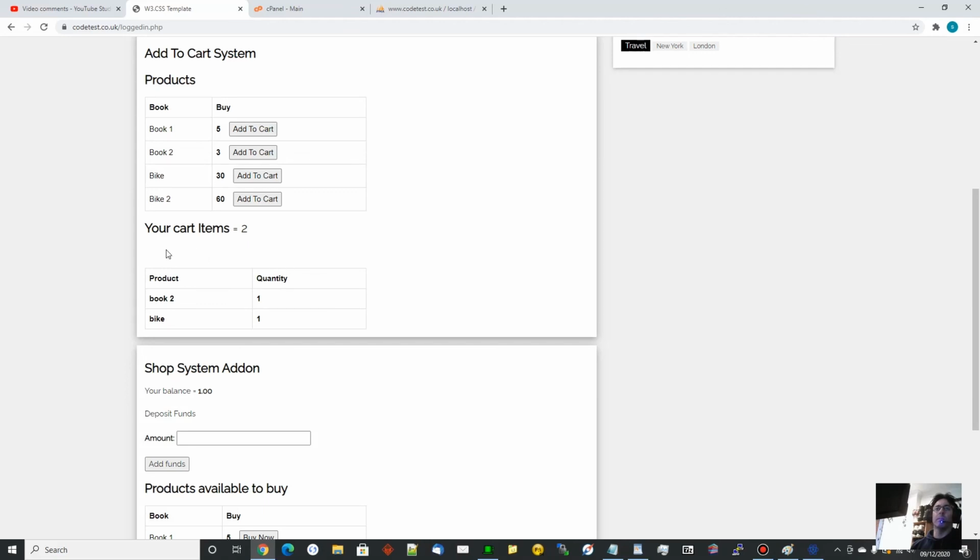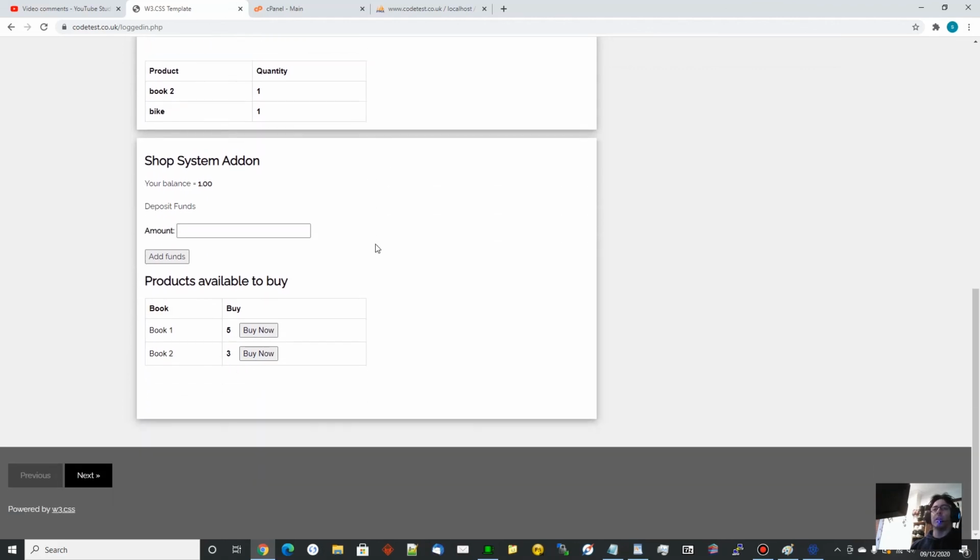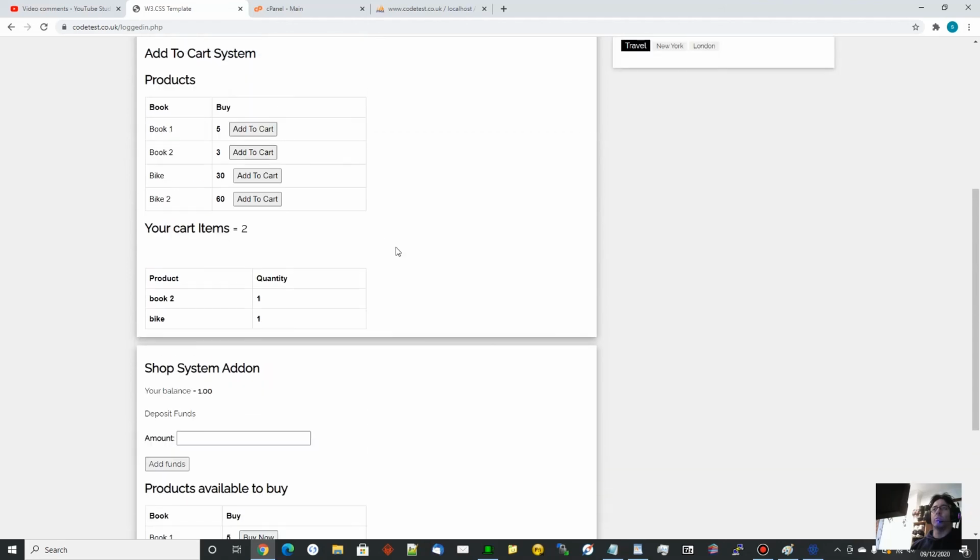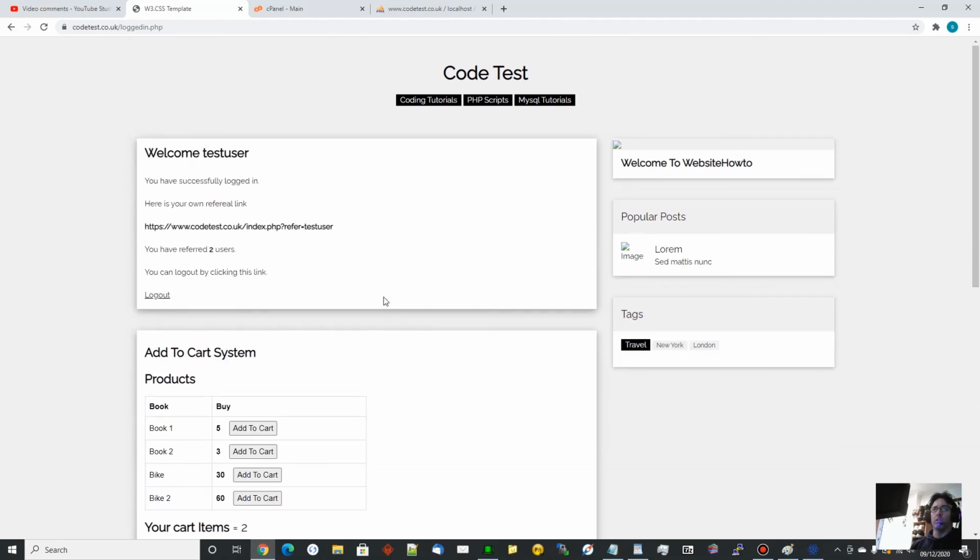That's the good thing about PHP, is that you can code things in many different ways to get the same result. But it takes practice and it takes time, and I hope these tutorials help you along your journey in learning how to code